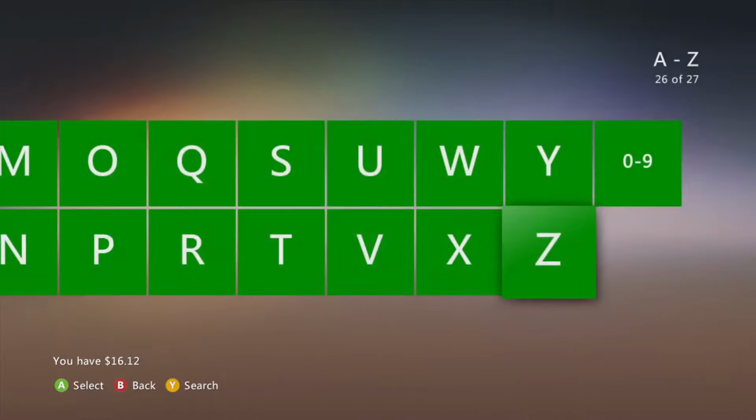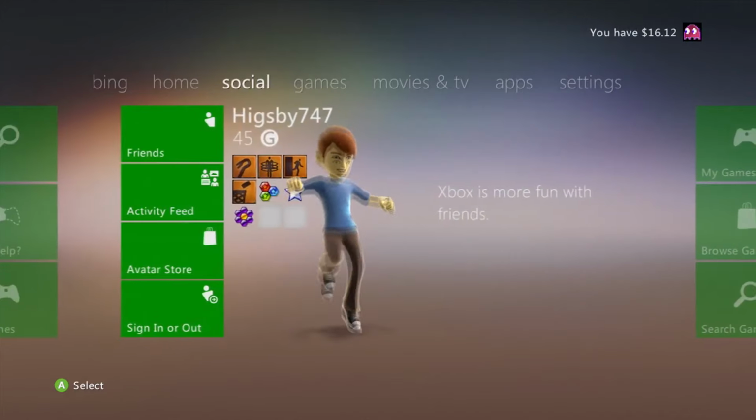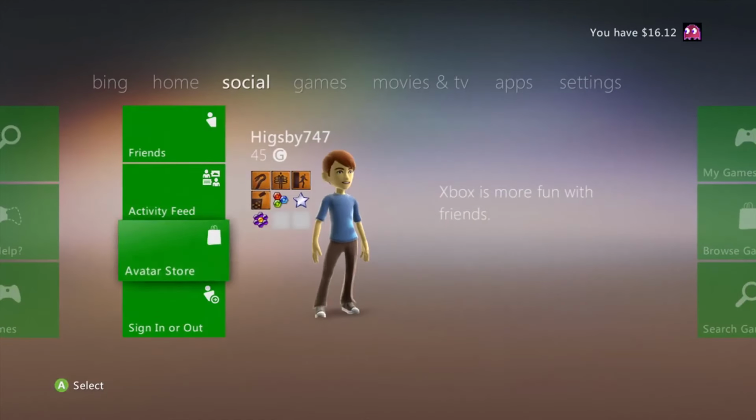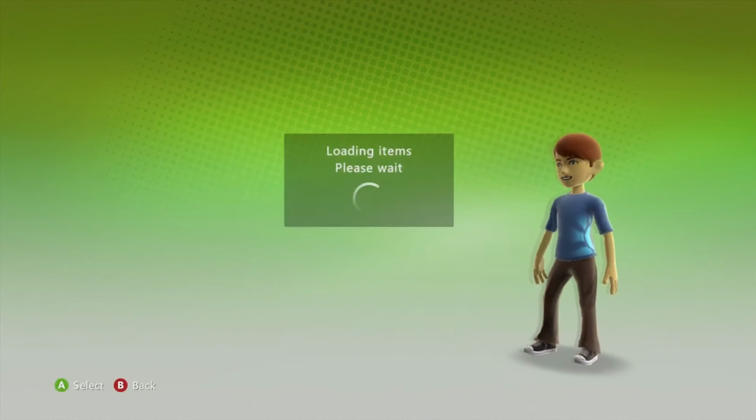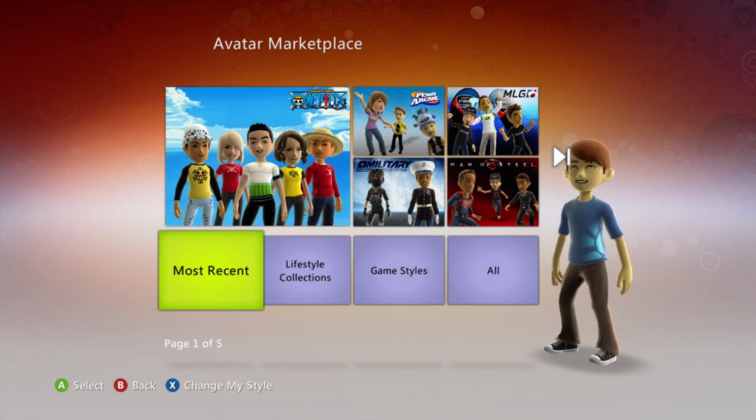There's also going to be some other stuff disappearing, I guess, like access to the avatar shop. What can you buy? What can I buy for my dude? Let's go to the avatar store here, just for a laugh, for a couple seconds. Because I really had my eye on that Sonic 4 Episode 1 t-shirt, but